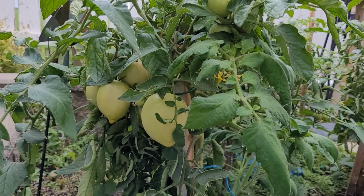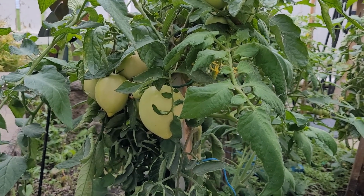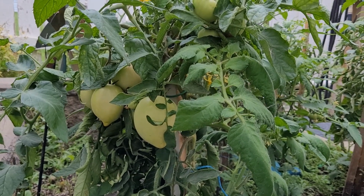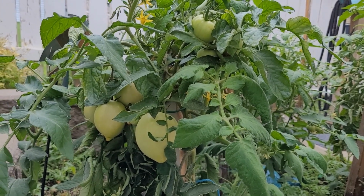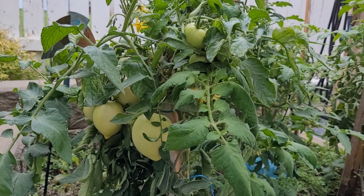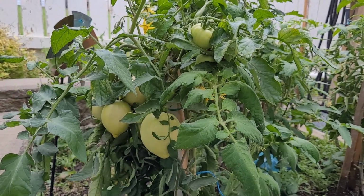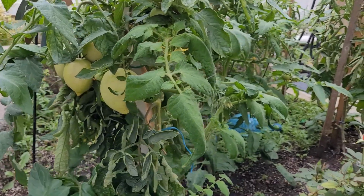However, it has been raining a lot, so they are starting to crack a little bit on the tops. It is just a race between the rain and what I can get off of these plants before I have to start picking them green. I think I still have a lot of time because we're supposed to have some warm weather for the first few weeks of September, but who even knows what's going to go on here. So anyway,